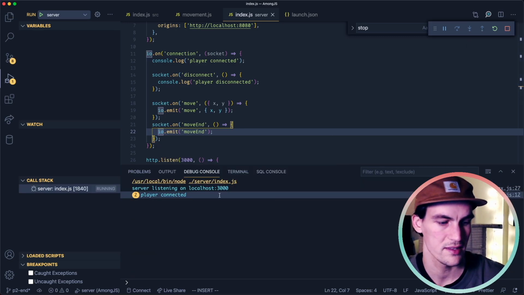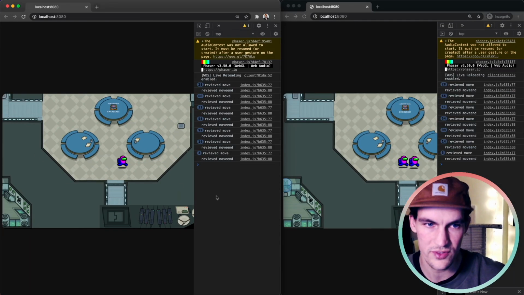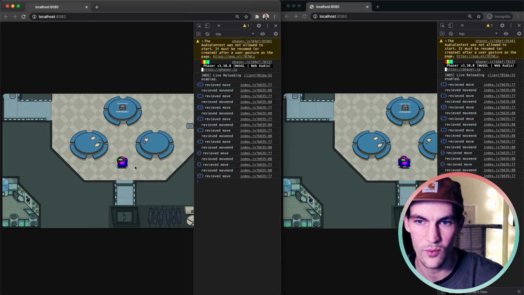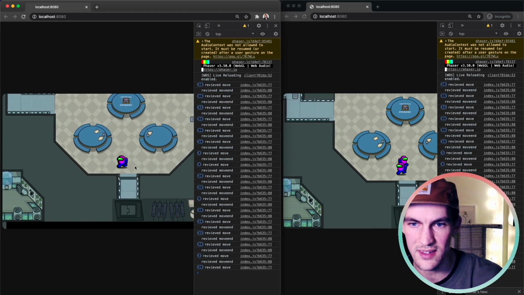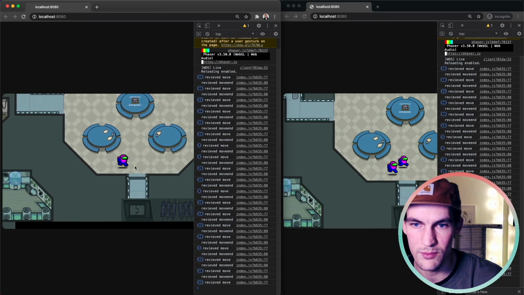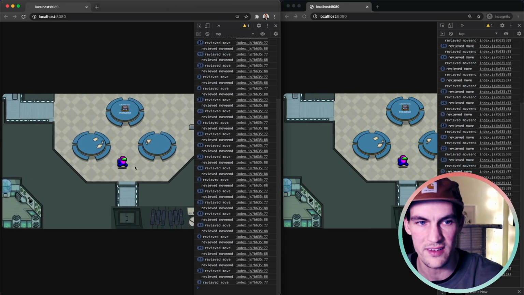Two players connected because the browsers were still open and not reloaded. It's close. We can see that one of the sprites is running around on the other screen. That means that the move and the move end event is working. So it's starting and stopping the animation and moving the sprite.